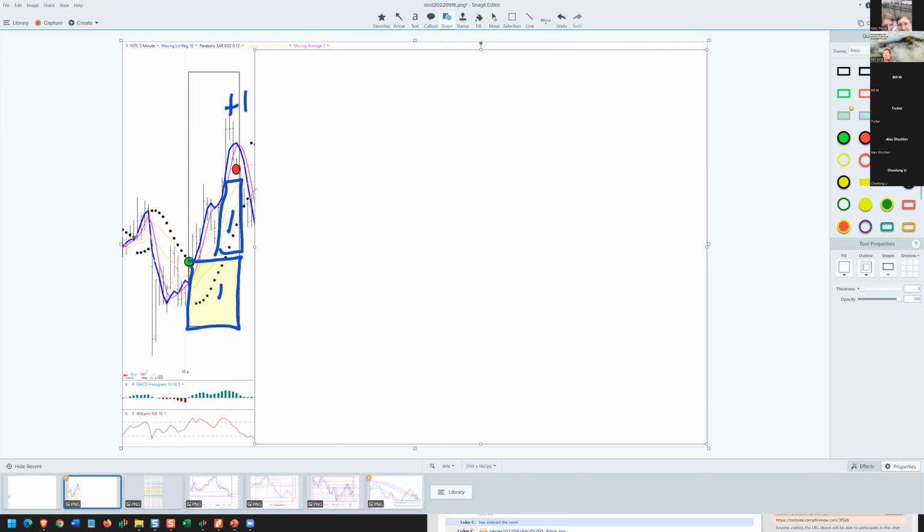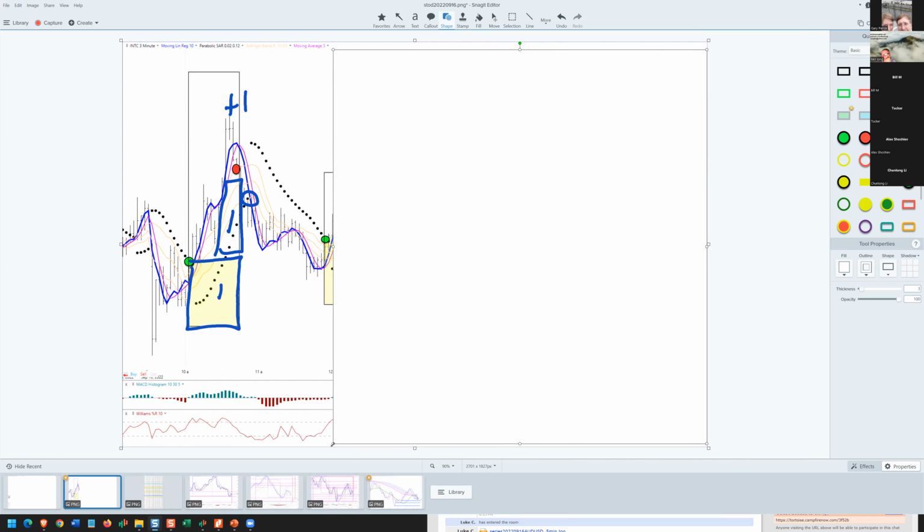This was a potential short, but the semis as a group were doing better than just about anything else. So I was not interested in getting short the strongest companies in the strongest sector, to my regret. That's one of the things you've got to be prepared to live with: you make a decision and you decide to manage your risk, and so that trade's not there. I mean, the trade was there. I just wasn't there to make the trade.